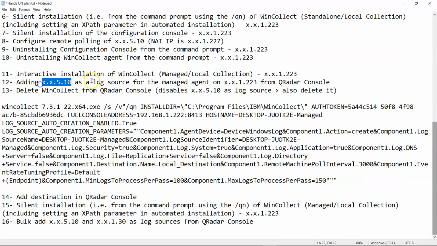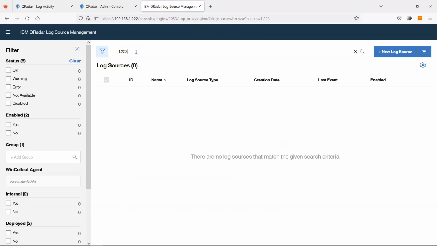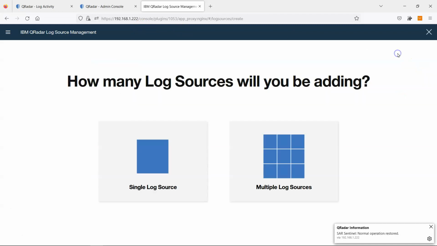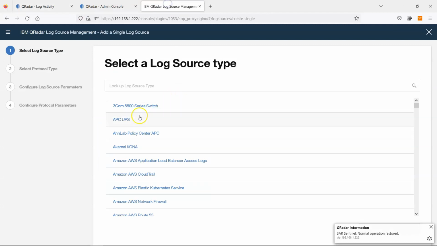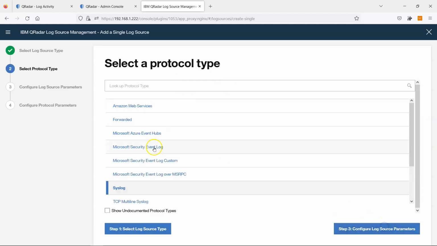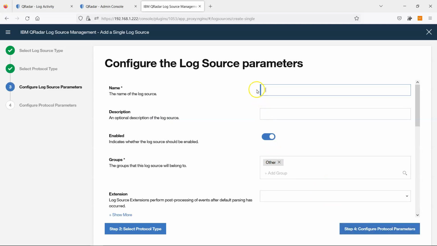So we need to add the 5.10. Actually, we will add the 227 IP. Okay, so we'll come here, and if we search for 223, there is no log for 223 actually. So we need to add a new log source, a single log source. Then you will select Windows as the log source type, exactly as we did in the standalone. However, here you will select WinCollect, not syslog like we did in the standalone. Now it's managed, so the QRadar is communicating with the WinCollect agent using the WinCollect protocol. It's an encrypted protocol. Okay, and the name we can give,